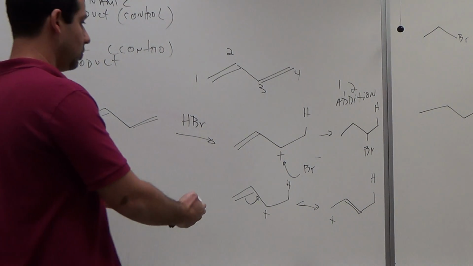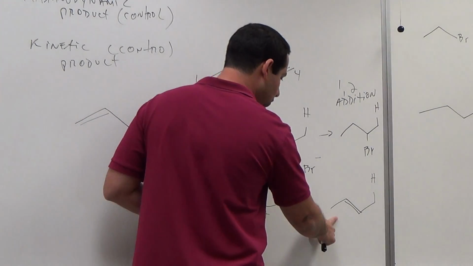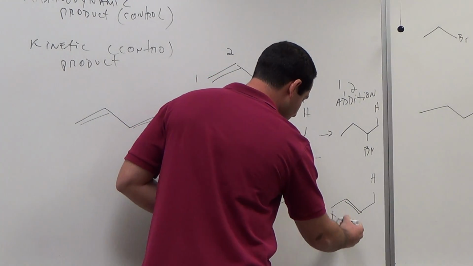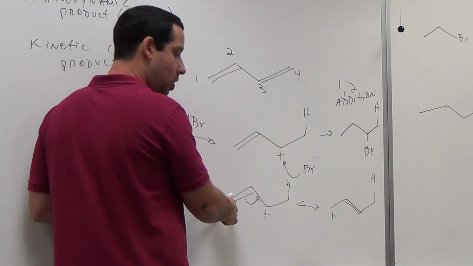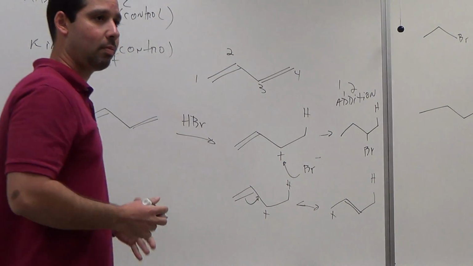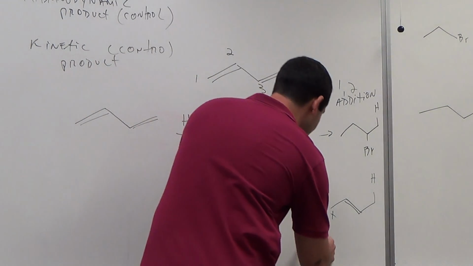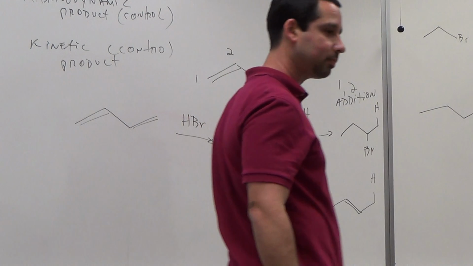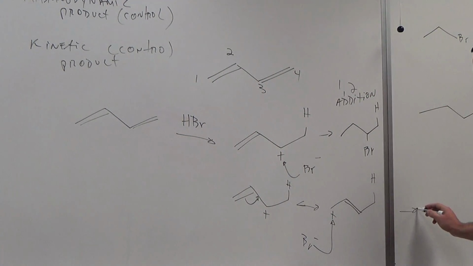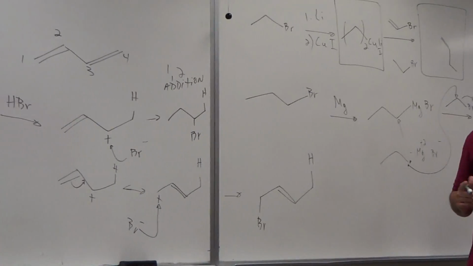Guys, are you happy with this resonance structure that I drew here? The double bond went here, and the positive charge moved to this carbon here. Yes or no? Now, is there a possibility that one of the Br minus is going to go there and attack there? If it does attack there, what you form is this. The hydrogen was here, and now the bromine is here. So this addition was 1, 4.